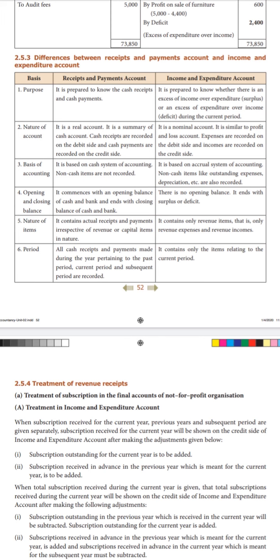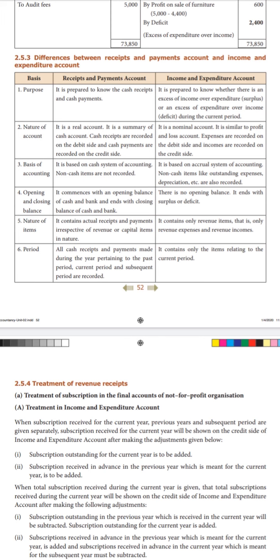Receipt and payment is basically prepared only to enter all the cash items, that is cash receipts and cash payments, wherein income and expenditure is being prepared to know whether there is any surplus or deficit, that is whether there is any profit or loss during the current period.